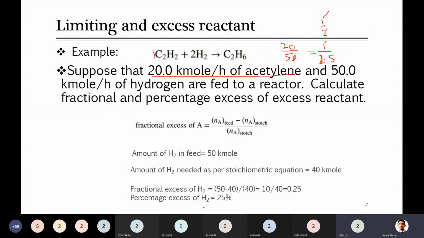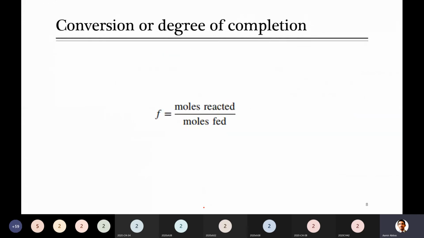Yes sir. Right, one thing more here, some of you will be confused. Sir didn't write kilomole per hour, but it is in kilomole per hour everywhere. Why didn't I write it? The basis is 1 hour. Somewhere I didn't mention it here, but I considered the basis of 1 hour, so everything now is per hour. So you can skip this unit of hour, to avoid writing it over and over. This you studied last week.